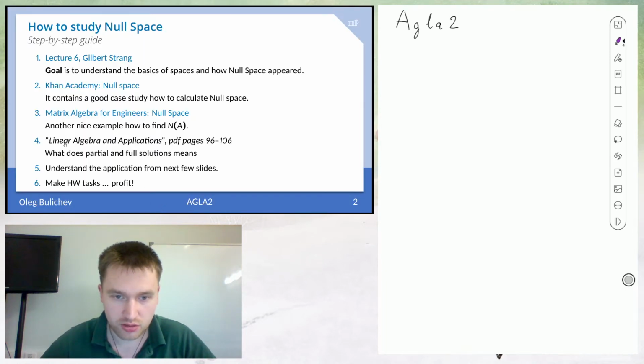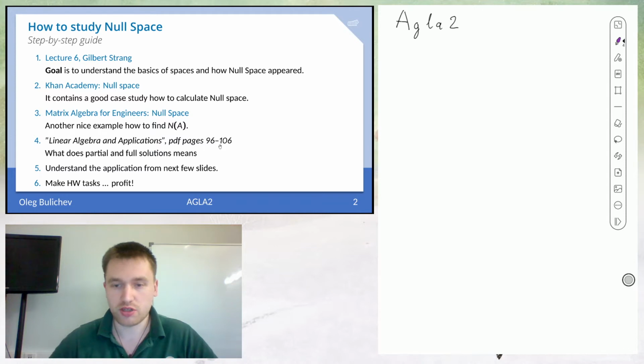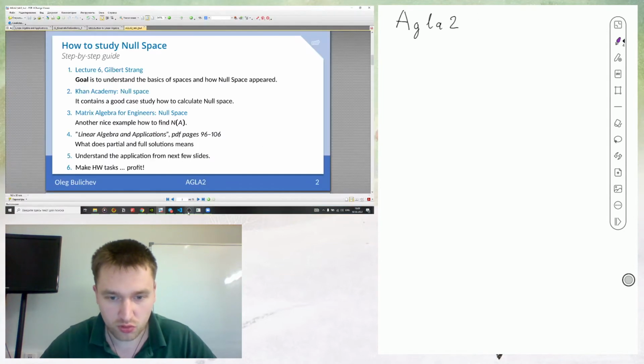After this, you have to read the book Linear Algebra Applications from Gilbert Strang. These are PDF pages, because we have real pages and PDF pages, so it's PDF pages. And in this case, you need to understand the concept of